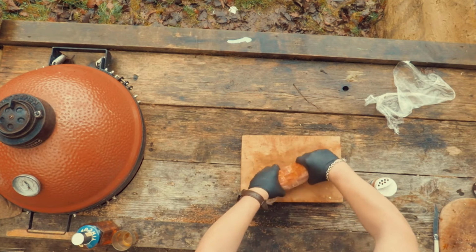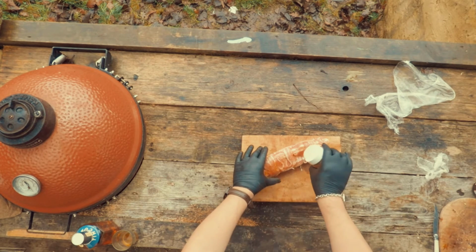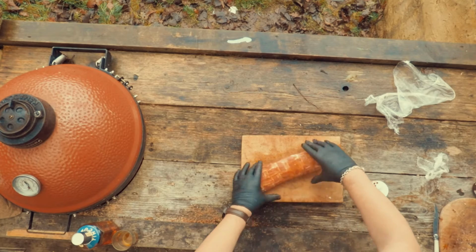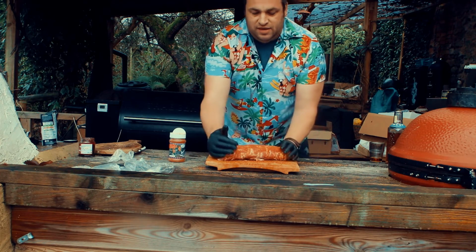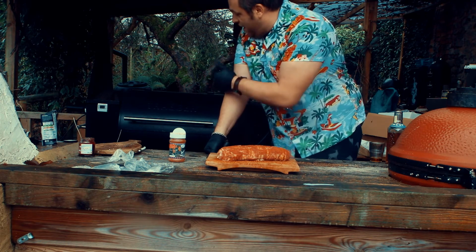Going to give it a roll, and a bit more on the underside and the sides, just to give it that good barbecue flavour, and a bit more on this side. Fantastic. And just make sure it's all nice and tight, and then I'm going to pop that into the Traeger here,